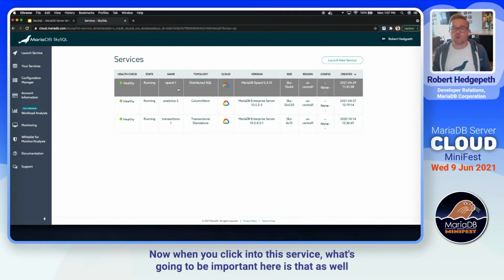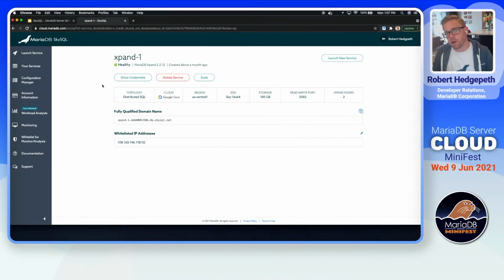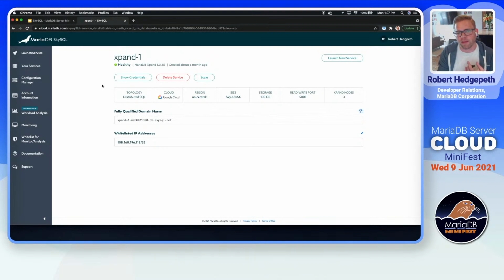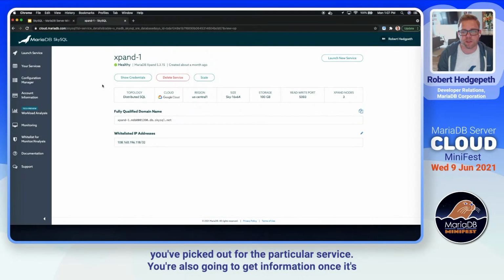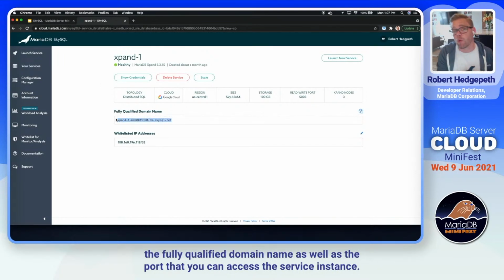Now, when you click into this service, what's going to be important here is, as well as the information that you already know about, which is a certain amount of data that you've allocated or the actual instance sizes that you've picked out for the particular service, you're also going to get information once it's a spinning instance that will help you actually connect to it, such as the address for the fully qualified domain name, as well as the port that you can access